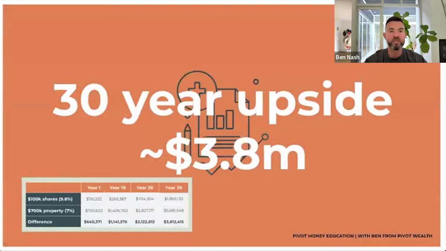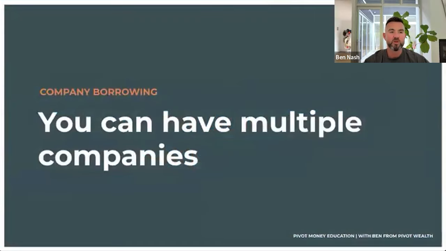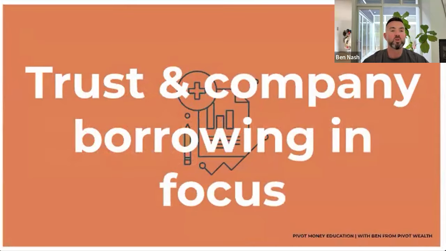So when you get this strategy right, you can definitely cover the cost, like 10x, 100x easily. You can have multiple companies, as I mentioned. And look, one thing I would just call out here is that trust and company borrowing is squarely in focus. There has been a bit of spruiking around this stuff, and people talking about recklessly borrowing around this, and it does create a bit of extra risk. And so it's likely that we're going to see more stuff coming around this as well.